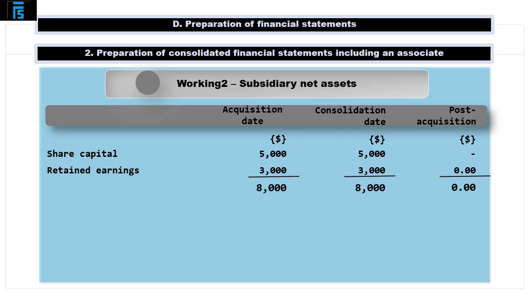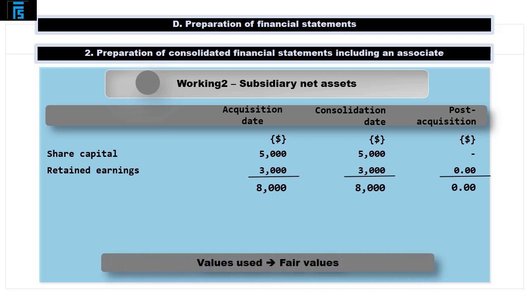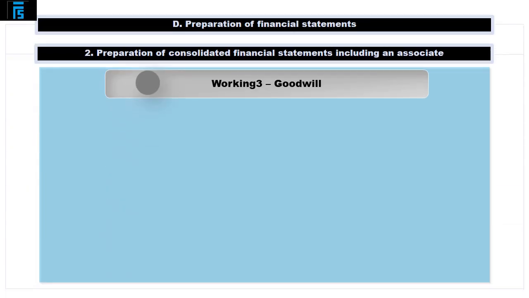Before we move on, it is important to stress that the net asset numbers which we input into this table should reflect fair values as opposed to book values taken simply from the subsidiary's statement of financial position. As you will see in later examples, whenever those two values differ, appropriate adjustments will need to be made to reflect this fact. The third working is called goodwill, and I encourage you to think of this one as the